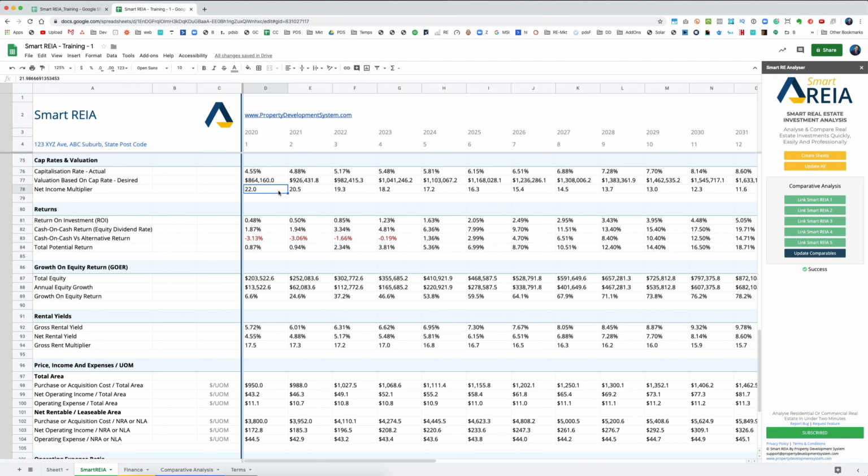So it's basically a reciprocal. It's like a reciprocal of the capitalization rate, but it is only useful when you want to compare this with other investment